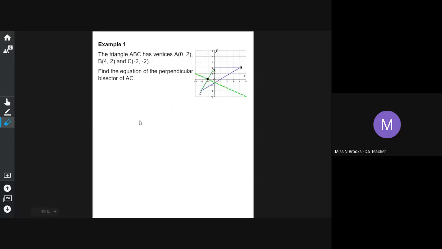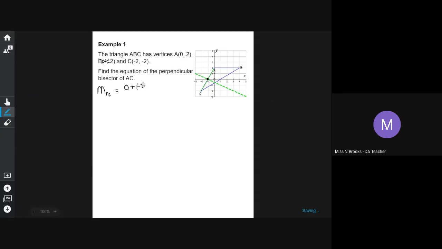The triangle ABC has vertices (0, 2), (4, 2), and (-2, -2), and we want to find the equation of the perpendicular bisector of AC. So step 1 was to find the midpoint of AC. So we're going to find the midpoint, and we're going to use a capital M of AC, and that is going to equal, we're going to add our x coordinates together, so 0 plus, and remember we're not using B at all in this calculation,